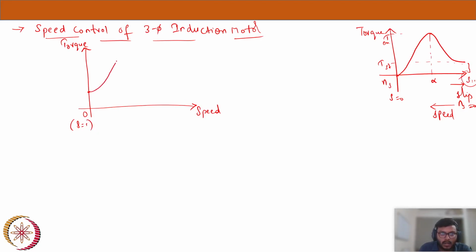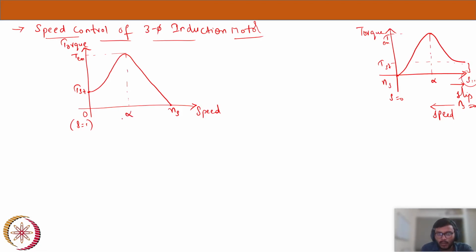I will have a starting torque and a maximum torque, and I will have an ns speed here. Same curve. If you see the rightmost curve that we know, we have just reversed it. Now here we have again the maximum torque and the starting torque,